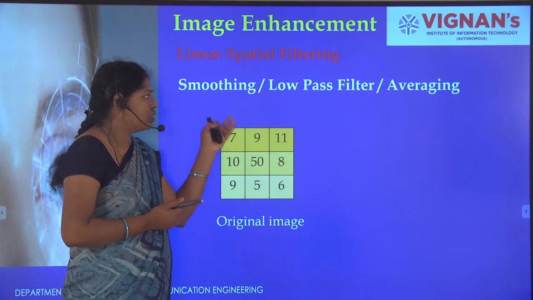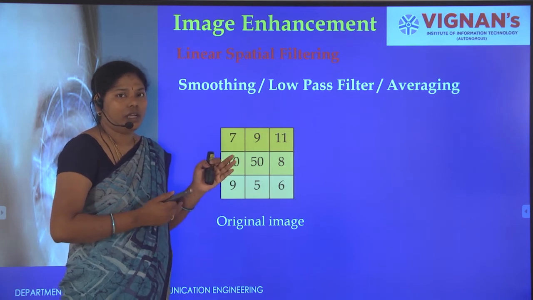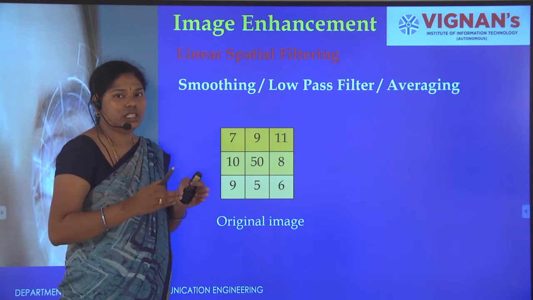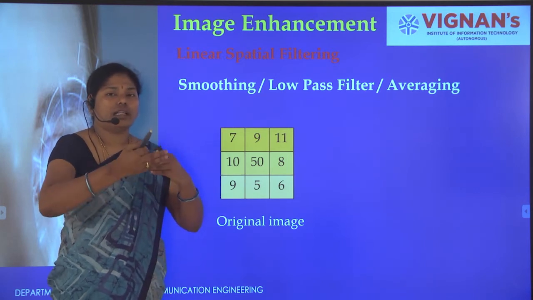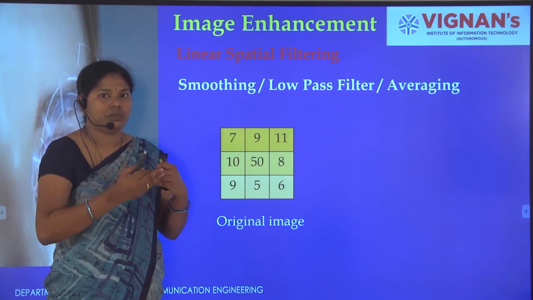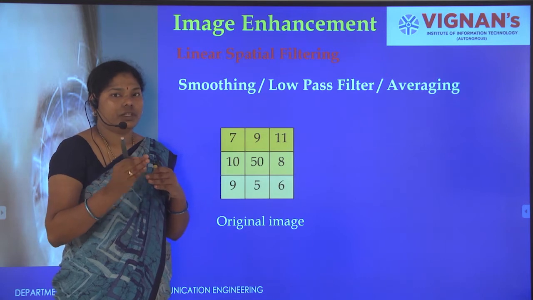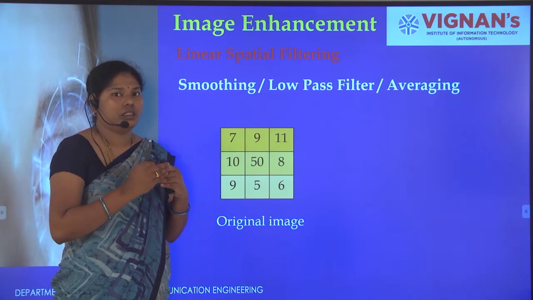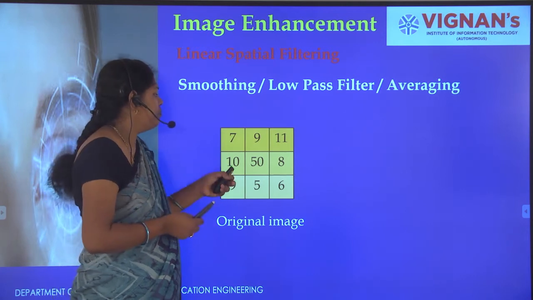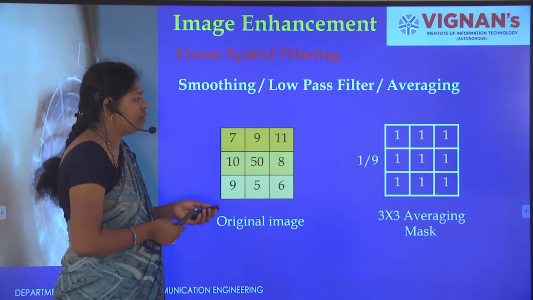Here we also call the low pass filter blurring. It blurs the image, that is, it removes the edges. Generally, edges are transitions from one color to another color. Transition is represented by high pixel values. That is the high pass filter, which is why we call it a sharpening filter. This will be eliminated. How it is eliminated, we can see.